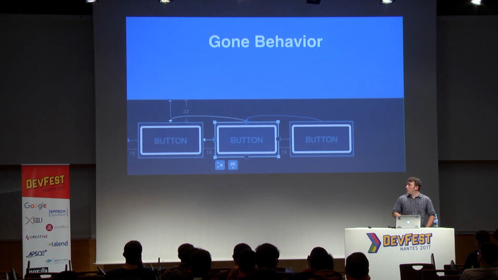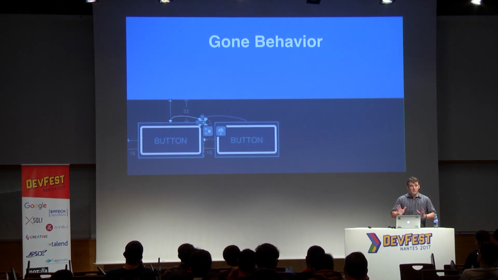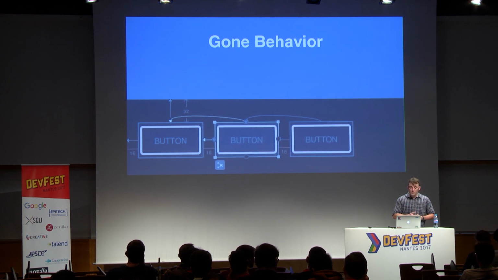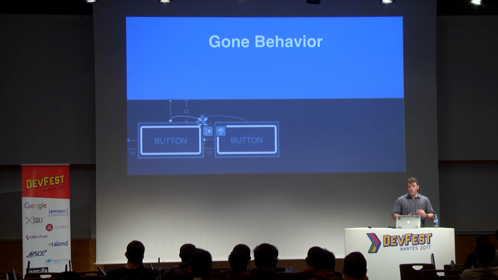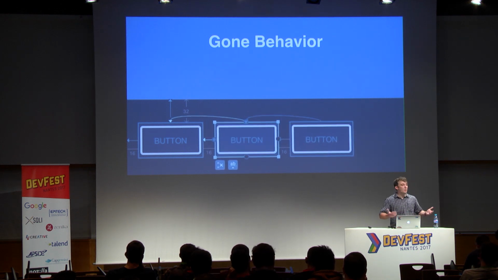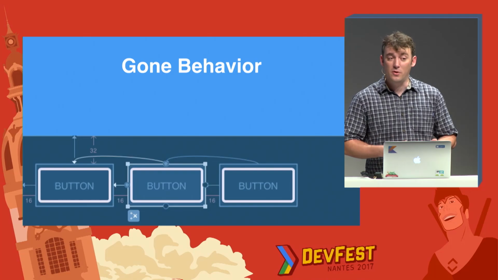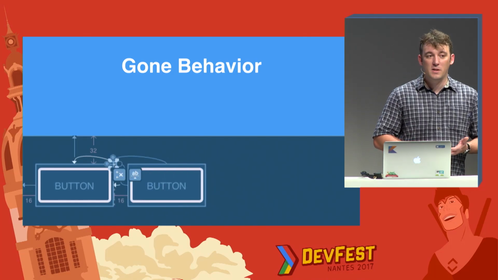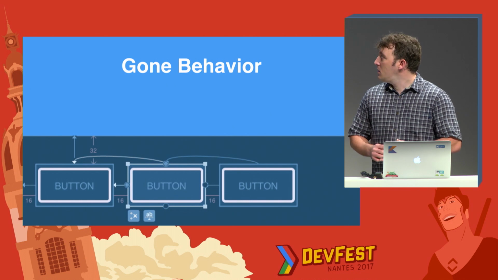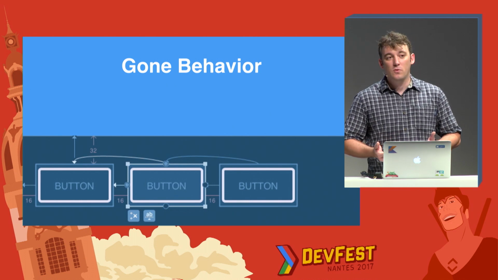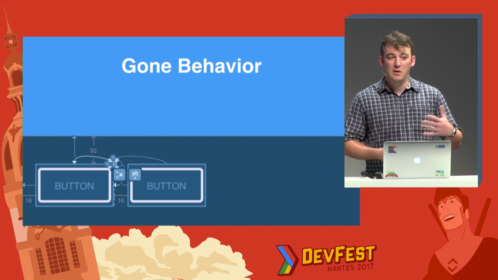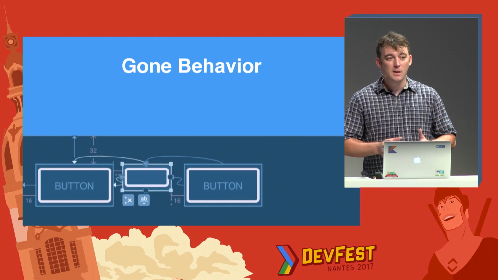So another thing that I don't know if lots of people realized what you could do with, but that's, I think, pretty nice, is the ability of reacting differently when a widget is marked as gone. So if you remember on Android, a widget can have three states for its visibility: either visible, invisible, meaning that it's still there, it's still participating in the layout, it's just not drawn, and gone, it should not participate in the layout. Well, if you have some experience with relative layout, you know that if you set a constraint in relative layout on an element that happens to later be gone, things don't go too well.